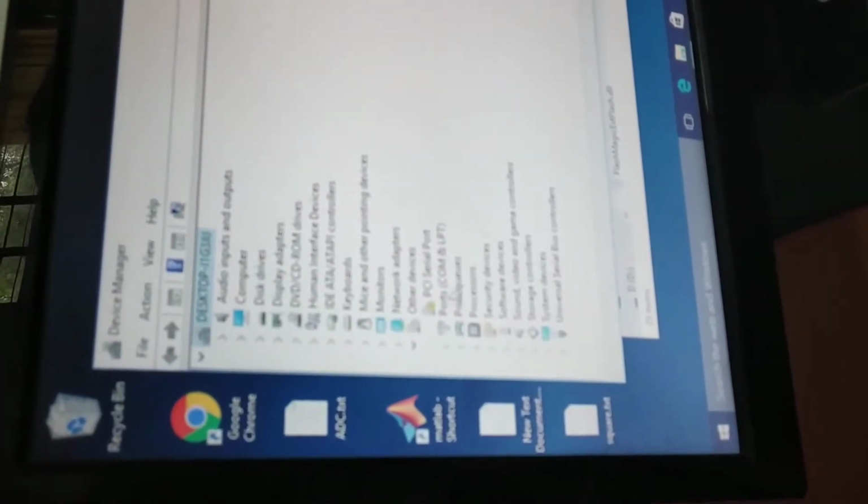The COM is based on the device diagram, whether COM1, COM2, COM3. From where can we get this information? We can get this information from here. We can see in this port, we are having a COM connection. You just have to go to the port and see which COM it is, that is COM1. Then go to Flash Magic and cross-check whether it is COM1, COM2 or COM3. If it is COM1, you just have to select COM1.